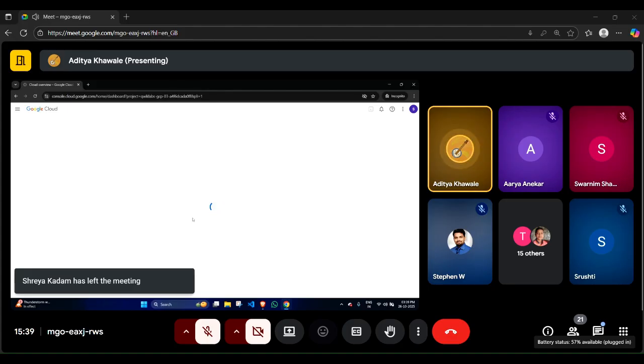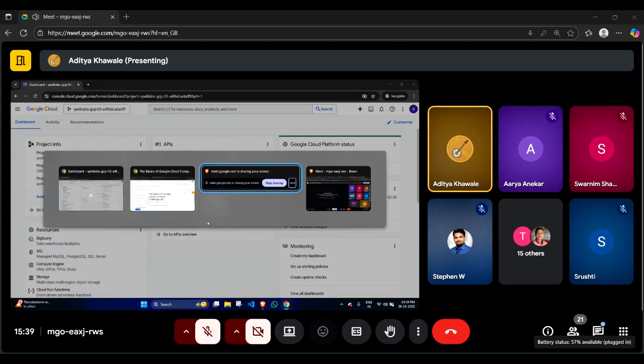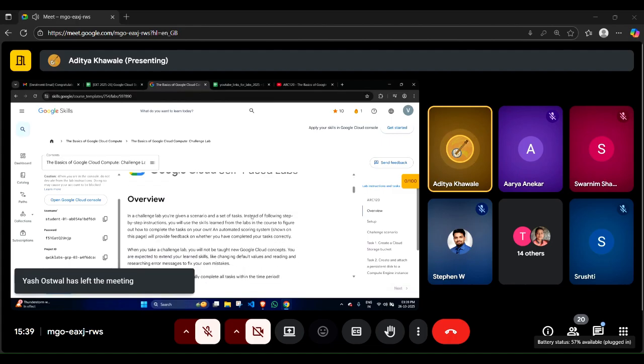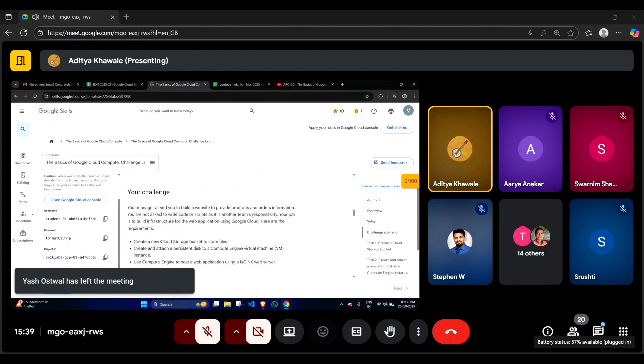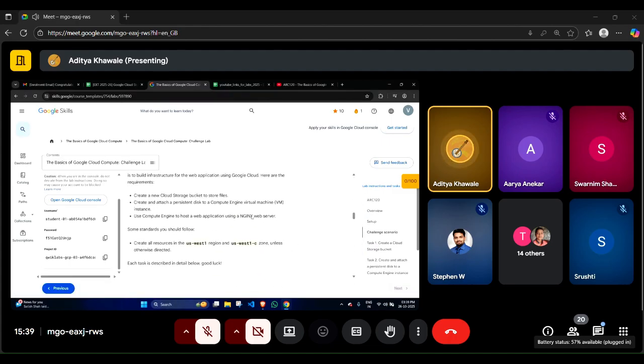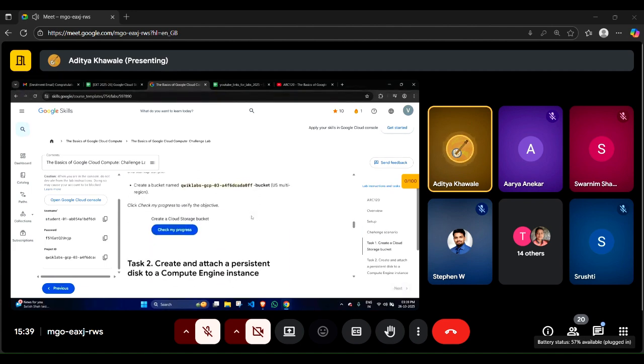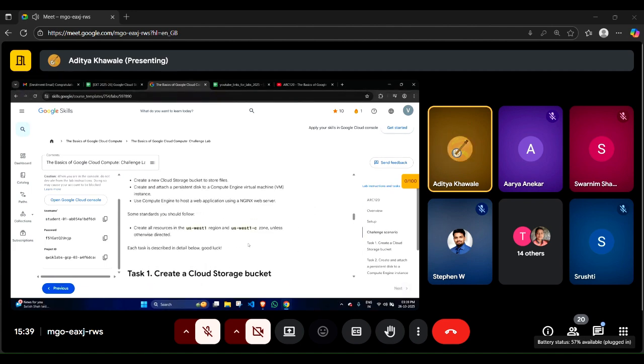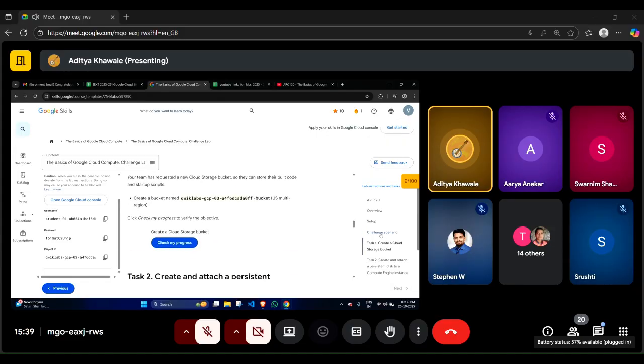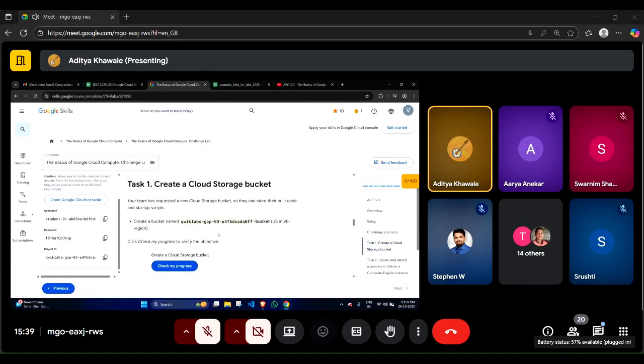Click on I understand. And now you can just read the instructions from here. So it says you have to first set up this region, and now we just move on to the task one. So task number one says you have to create a bucket, cloud storage bucket. So